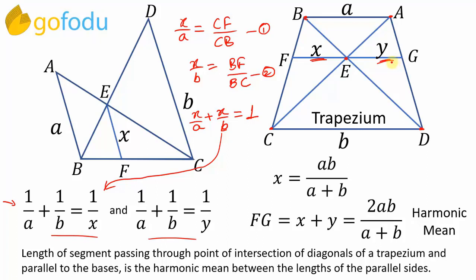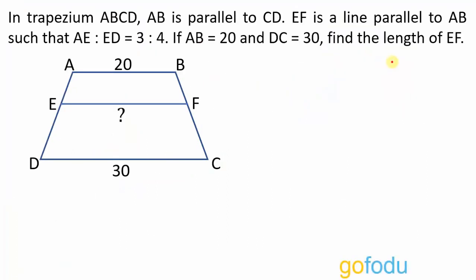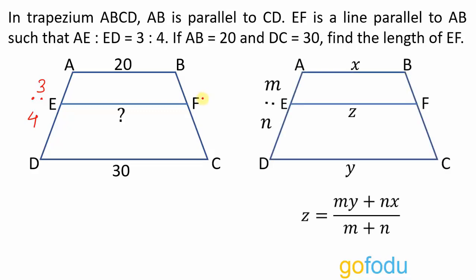Now we can have a look at the question again. In this question, the length of AB is given to us, the length of CD is given to us, AE to ED is 3:4, and the length of EF is asked. So there are 2-3 methods that we can go with. The first one, and the most direct one, is using this formula,